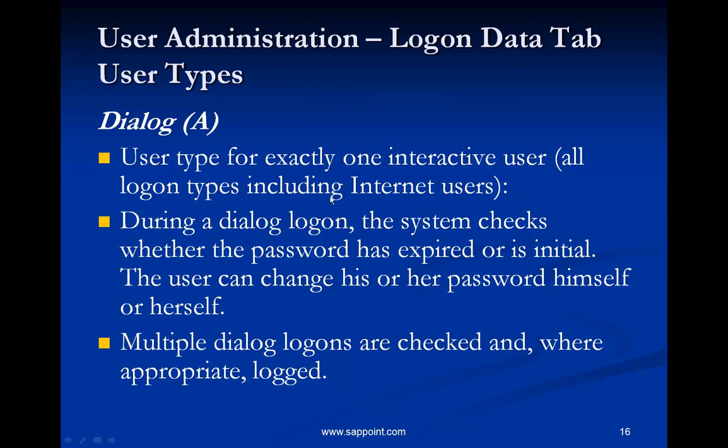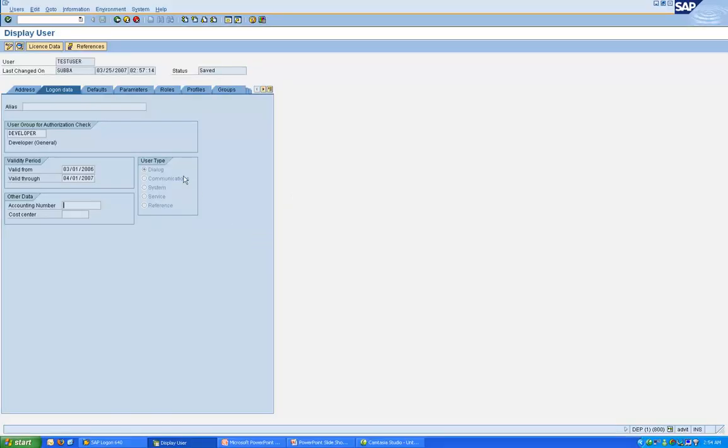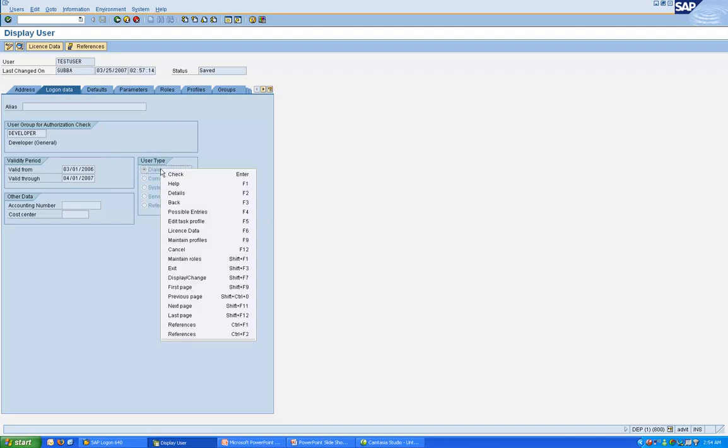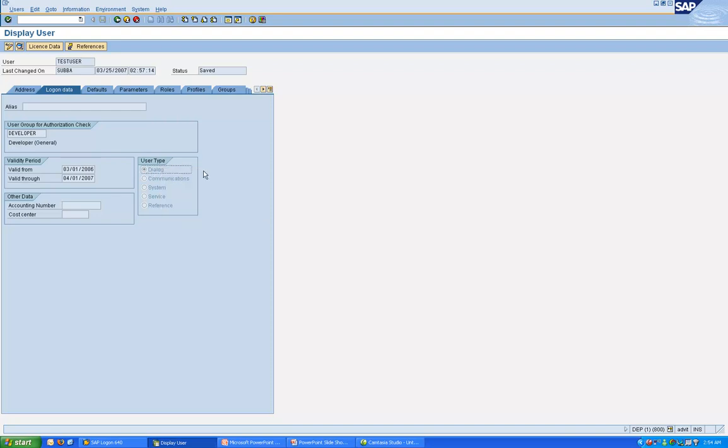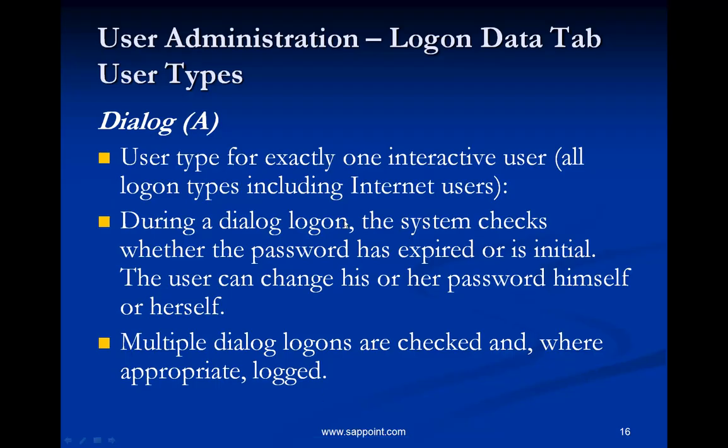You have 5 user types. Like we saw here, you have 5 user types. The first one is the dialog user type, which is selected by default. Now, the dialog user